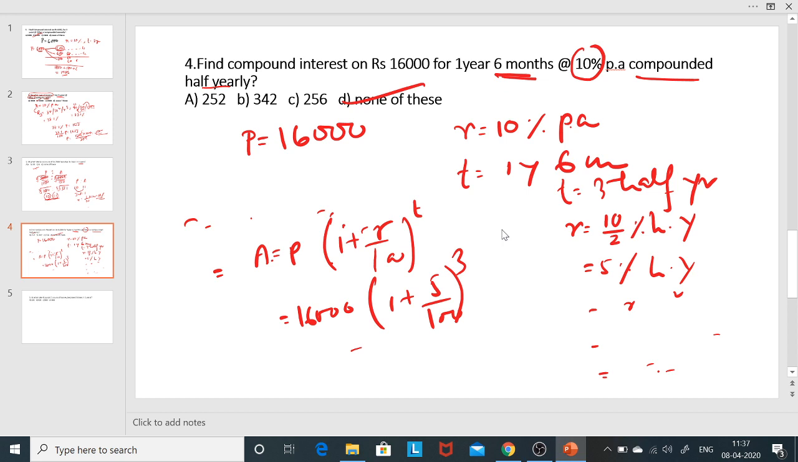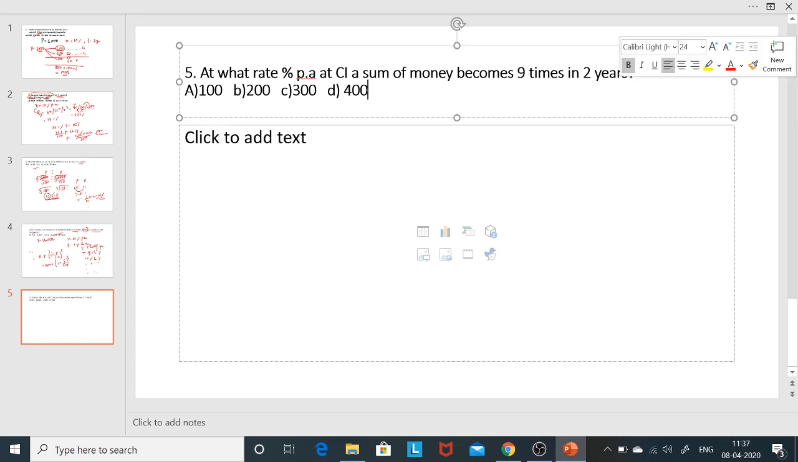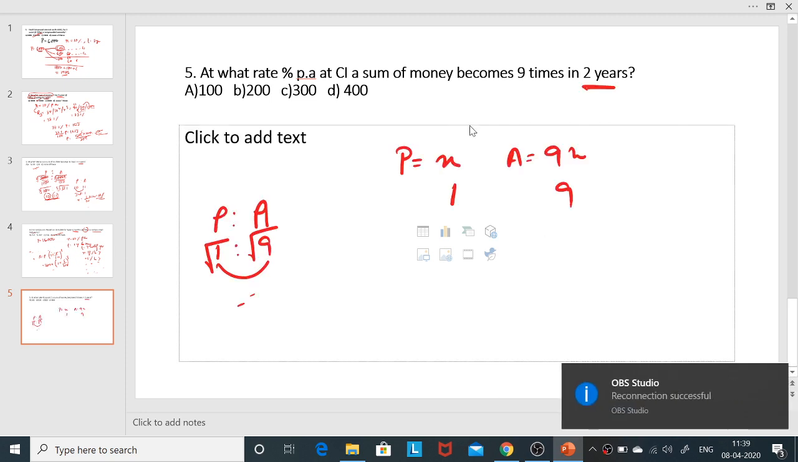So coming to next question. Now in the next question you see, at what rate percent CI the sum of money becomes 9 times in 2 years. Root of that, so it is 1:3. 1:3 means if your principal is rupees 1, then